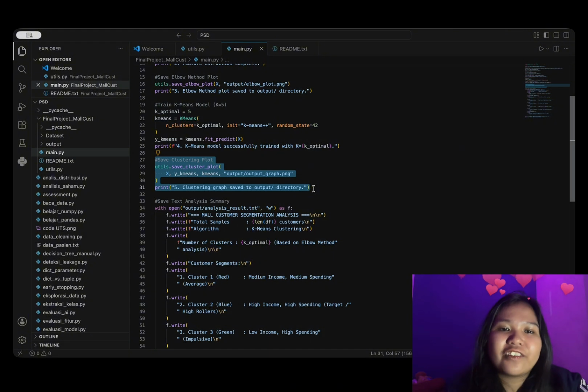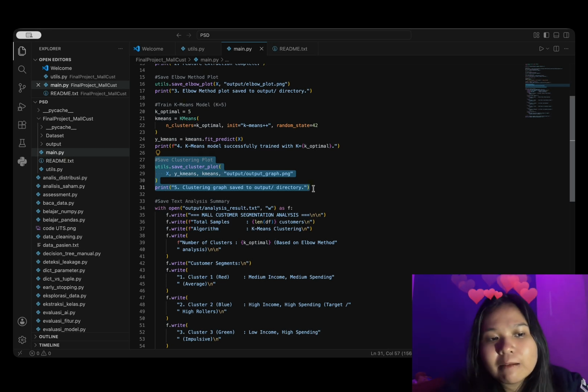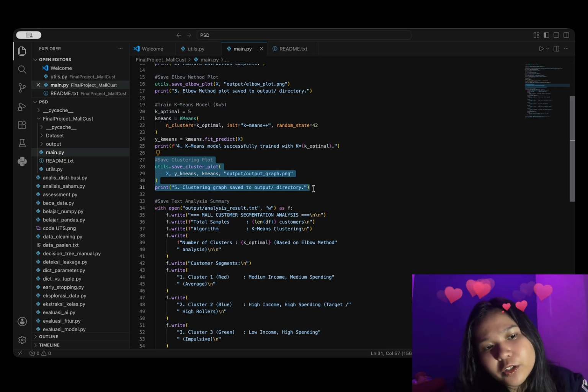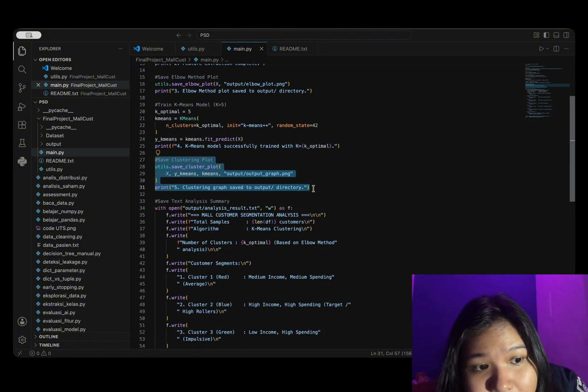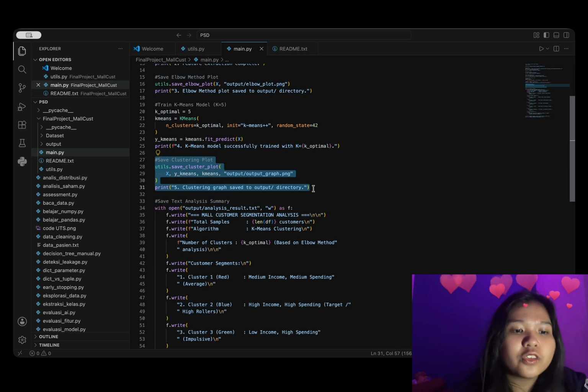Then save clustering plot. This passes the filtered data X, the cluster labels y_kmeans, and the fitted K-means model into utils.save_cluster_plot to render and save the final scatter plot.